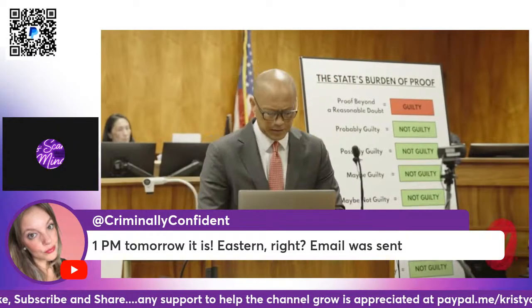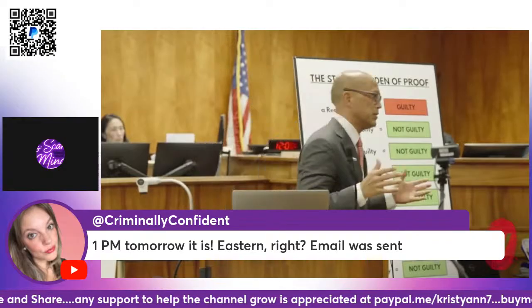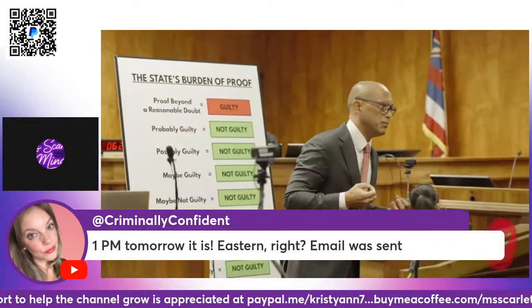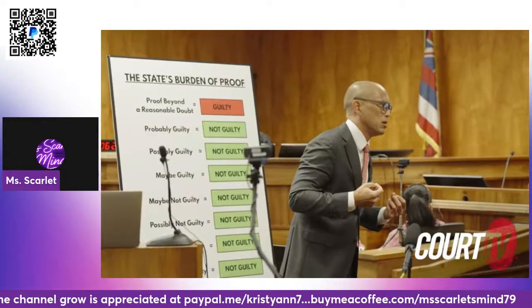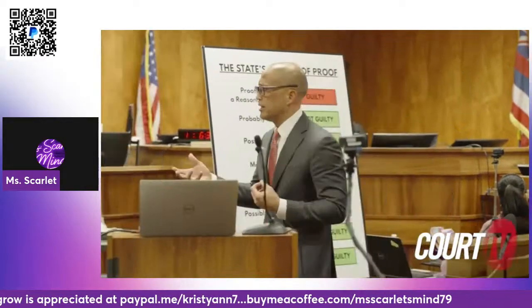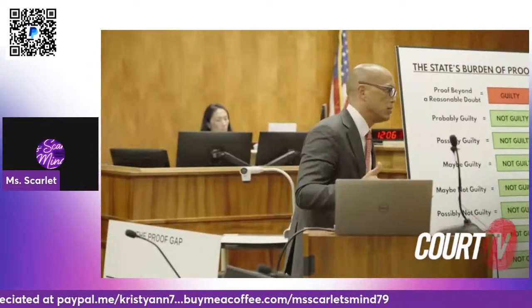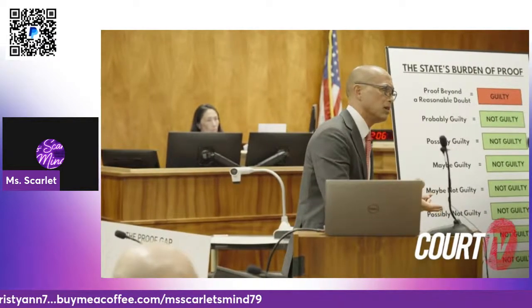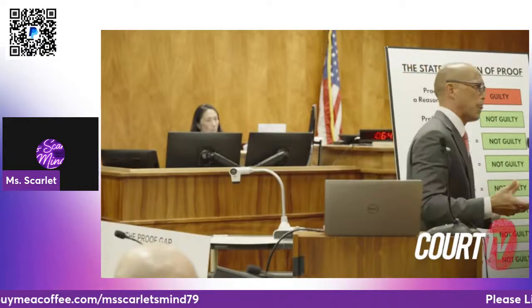Gerhard's actions after the incident, they want to say it's consciousness of guilt. I say it's proof he's human. He went into deep despair. He couldn't believe that he could cause that kind of harm to the person that he loved. And that can coexist with defending himself in the moment, in that reaction. He felt horrible about it. He went into